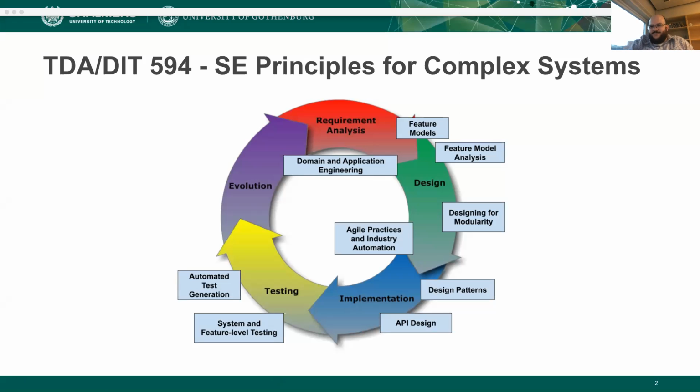So in this class, what we've done is we've examined the design, implementation, and verification of complex systems, focusing on managing complexity at different stages of the development lifecycle, and how the development process has to be organized to deliver these systems, right? So our core topics, of course, include domain and application engineering, designing a set of reusable assets for use in not just one application, but in a variety of customized concrete applications. This is, of course, organized by thinking about a system as a series of features which fill different variation points. And we do this through the process of feature modeling and model analysis to make sure that our feature models